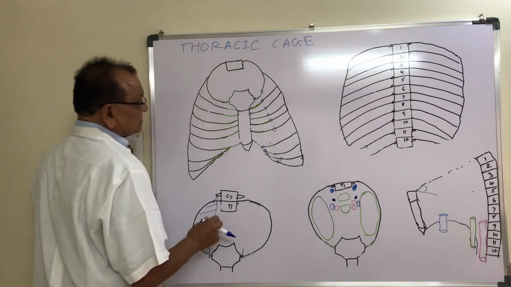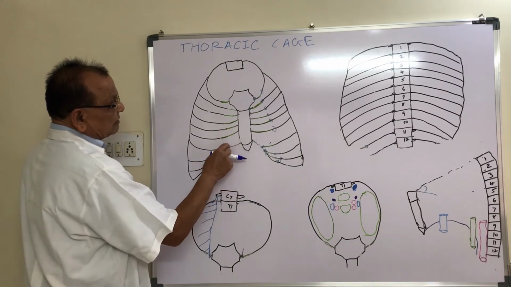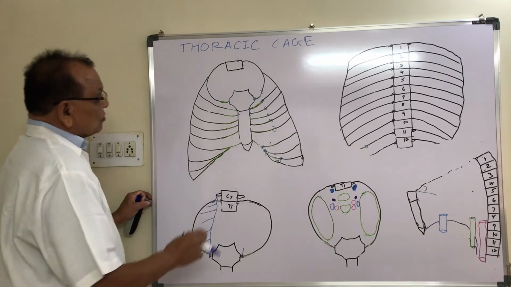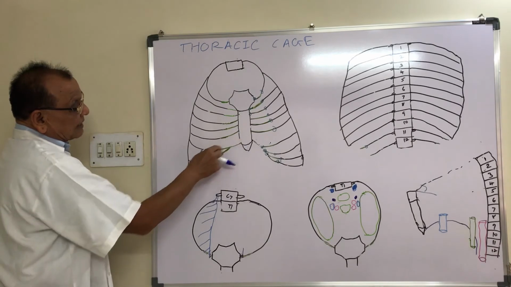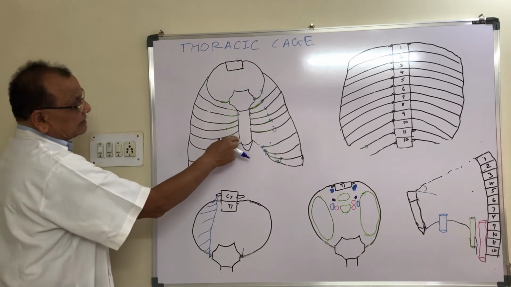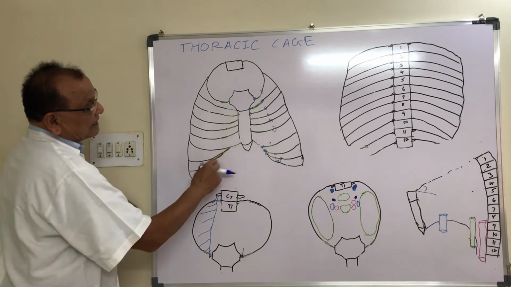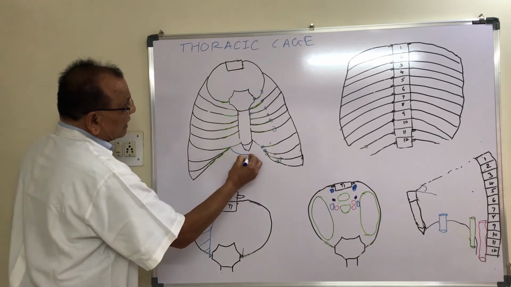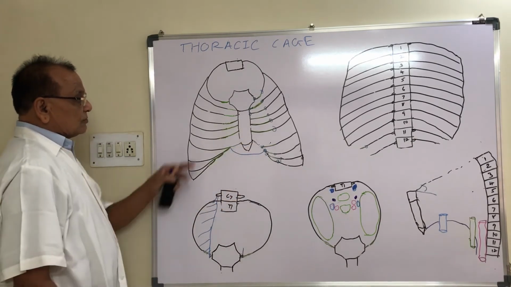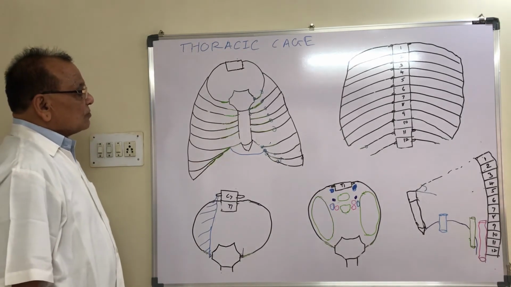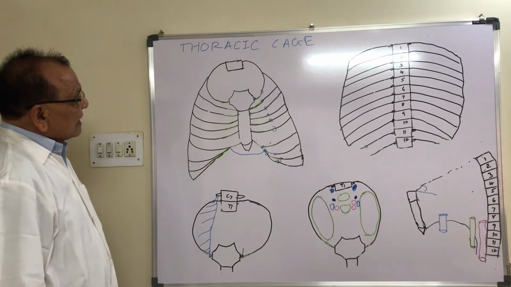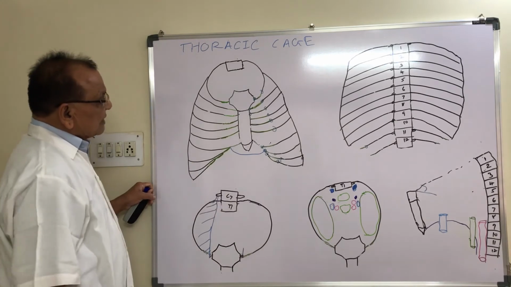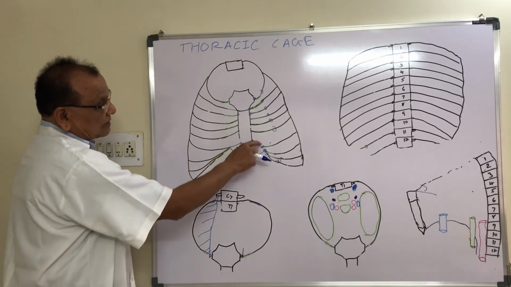Now see on the lateral side. This is the costal cartilage of 7, this is the costal cartilage of 8, costal cartilage of 9, and costal cartilage of 10. So costal cartilages of 7 to 10 form a margin, and this is called the costal margin. This is the costal margin of one side, this is the costal margin of the other side. In between the two costal margins, below the sternum, one angle is formed, and it is called the infrasternal angle. It is formed by the costal margin of the right side and left side, and the costal margin is formed by the 7th to 10th costal cartilage on each side.